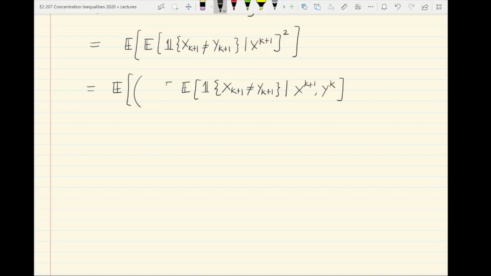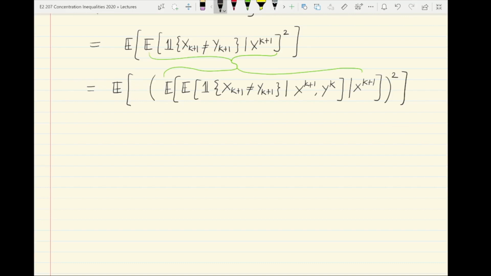Okay, and imagine taking the conditional expectation of this with respect to xk plus 1. So by the law of iterated expectation, this double expectation is the same as this expectation. Okay, and so all we are doing is writing the inner conditional expectation as a further expectation on an extra quantity which is yk, and then we are squaring it. Okay,